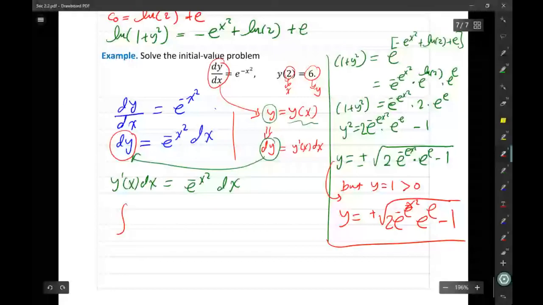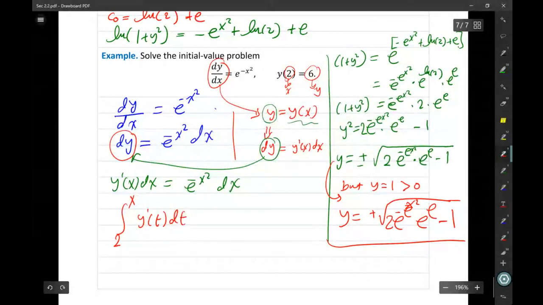Now integrate from 2 to x of y prime of t dt, equals the integral from 2 to x of